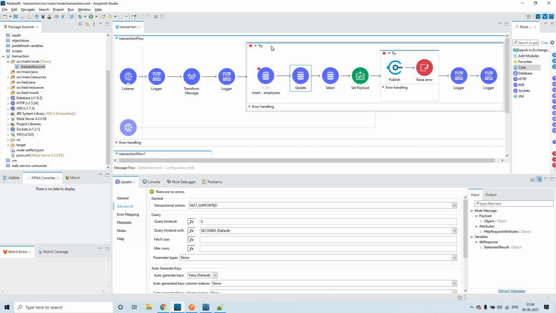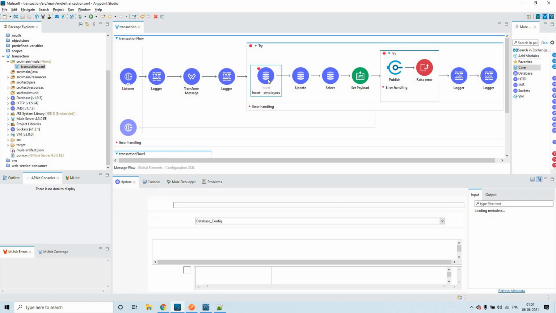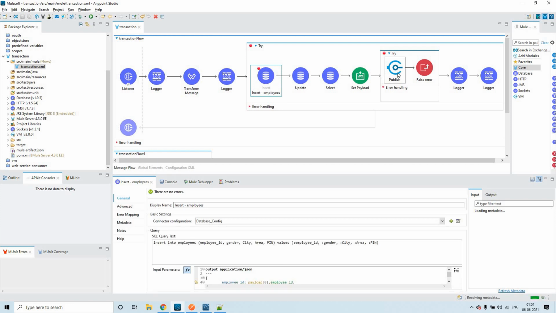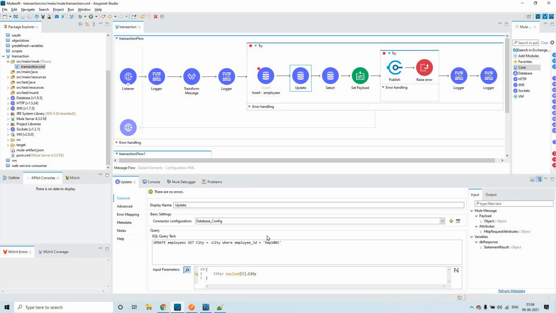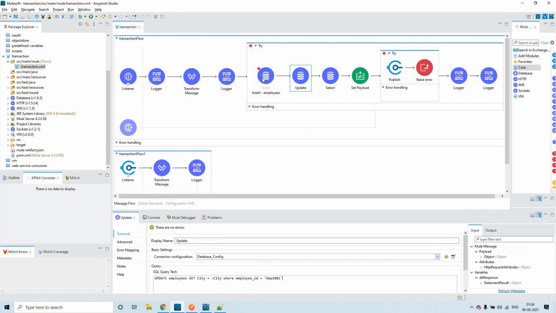So in that case, what happens? The insert will be rolled back, and whatever we are pushing onto the queue will be removed or rolled back. But the update we are doing to this particular employee ID every time will not be rolled back. So this is our expectation as per the configuration.